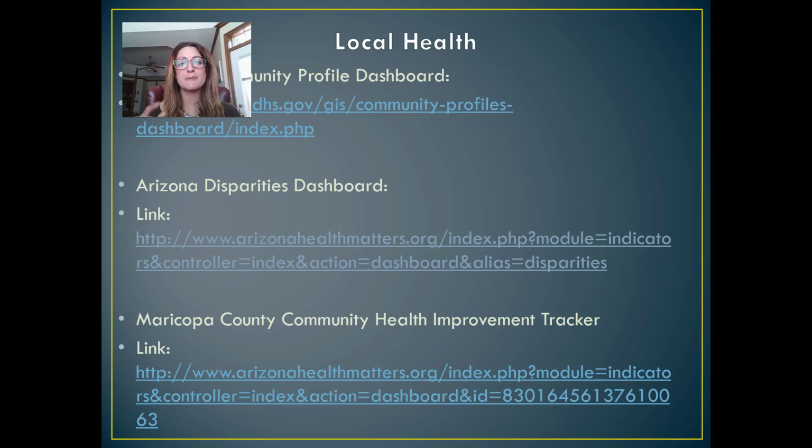So if you go through specifically this Arizona Disparities Dashboard, it's really cool because it kind of looks like what you'd see on your gas gauge for your car, right? Like an empty all the way to full, but instead it's kind of like green light, yellow light, red light. Green light means, hey, we're doing good. Compared to the rest of the country, we're doing great in this area. Yellow means we're doing all right, but we really could improve. And red means, whoa, okay, we need to slow down and we need to figure out what's going on here,